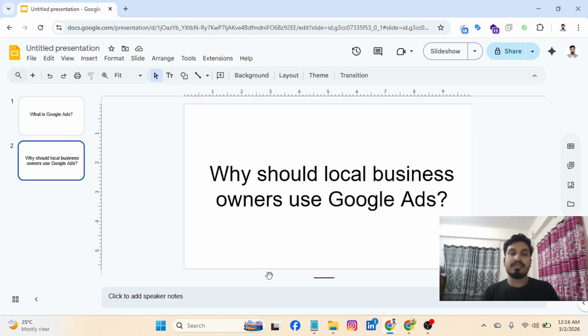they are searching on Google, saying I need emergency plumbing service or emergency pipe repairing service. And there, Google Ads can help bring your business to the top of the Google search. So you can always find very high intent clients through Google Ads,